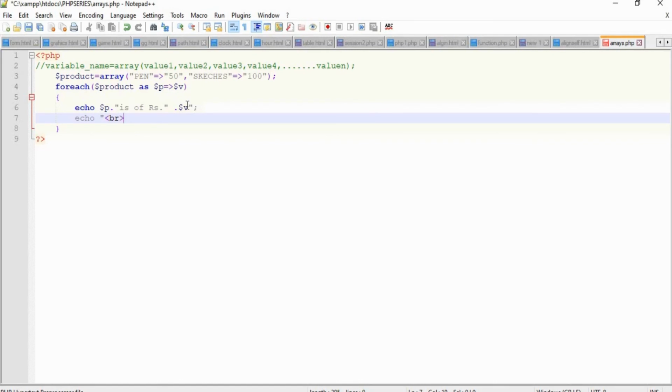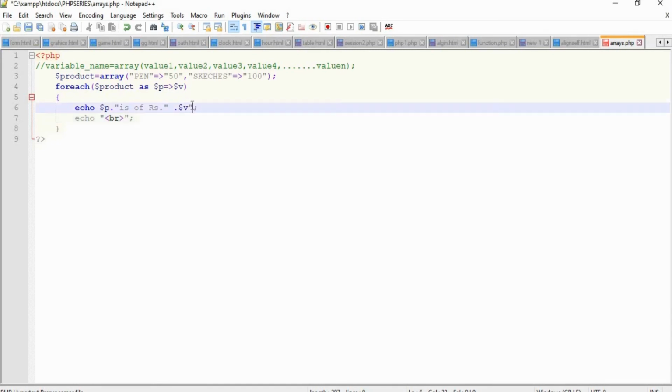So to create an associative array we have to, here there is no need of adding double quotes, right? So to create an associative array we have to create a key value pair, which is, if we take an example of supermarket product with price. So here our product is pen and the particular price of that product is 50. So pen can be considered as a key associated with the value of 50. So in this way you can create associative arrays.